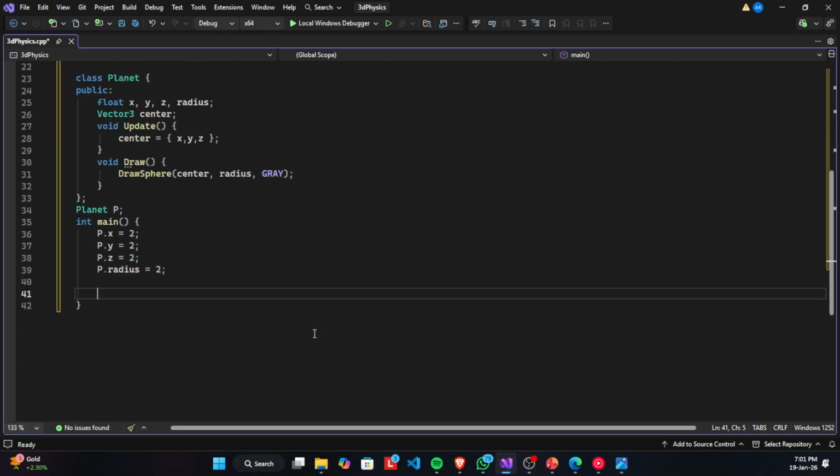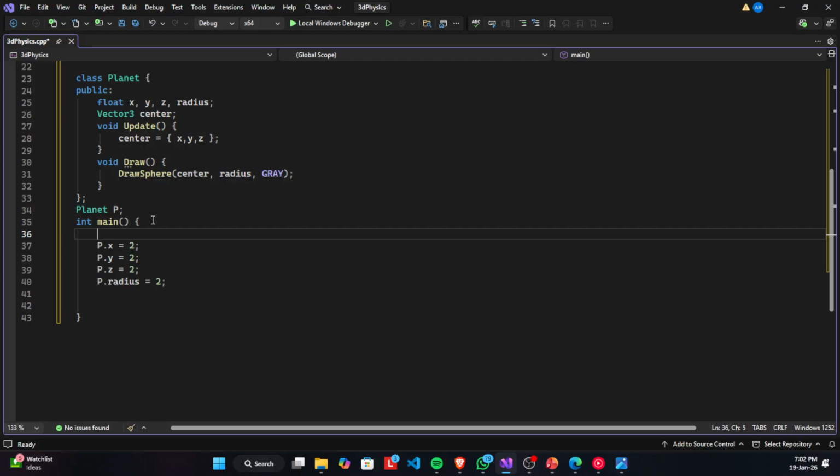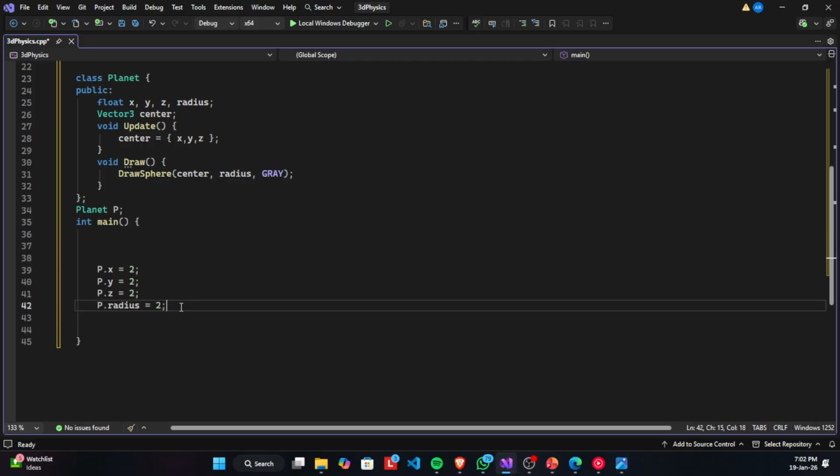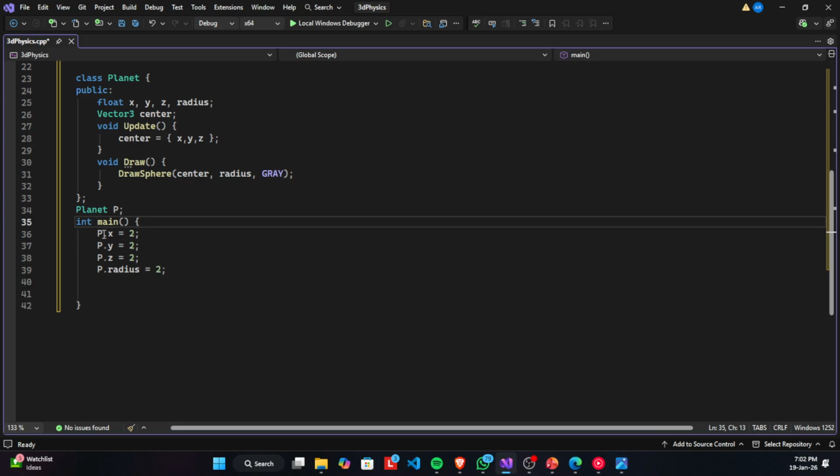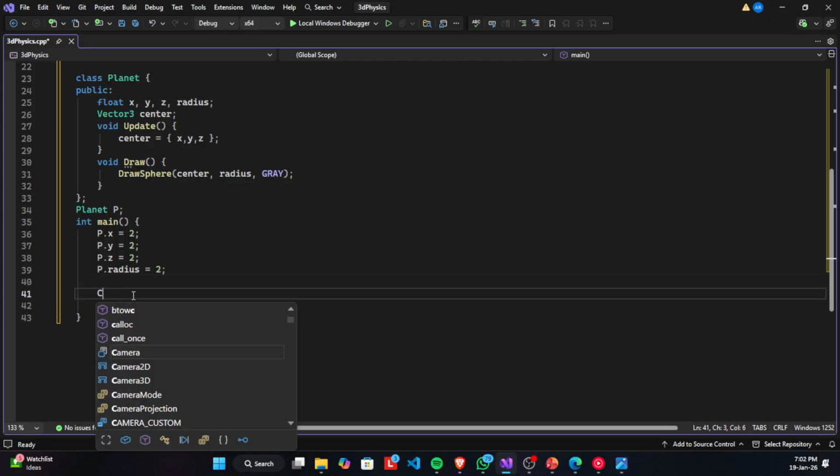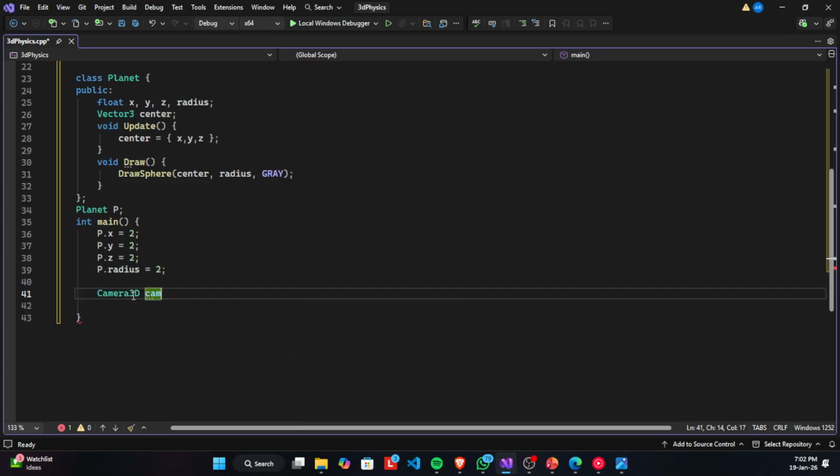And once we did this, we need to start by declaring our very important camera here. Because we are trying to create a 3D scene, since we are working on a 3D surface, before anything we need to declare a camera. This is going to be a very important part. Without this it's not going to look how we want. So let's declare a 3D camera,